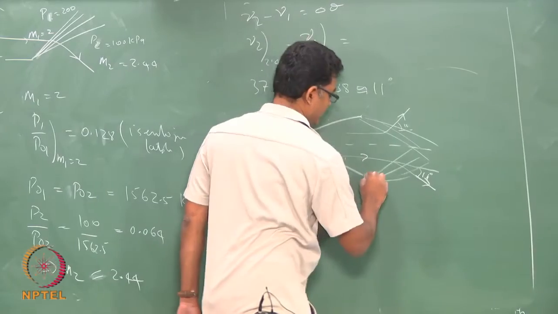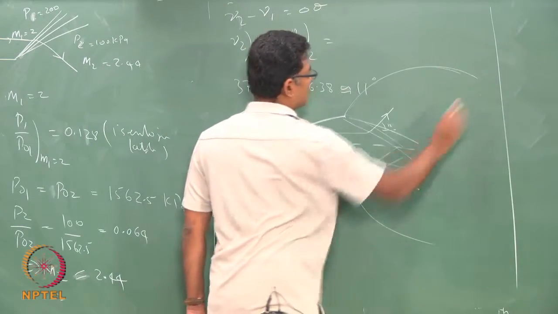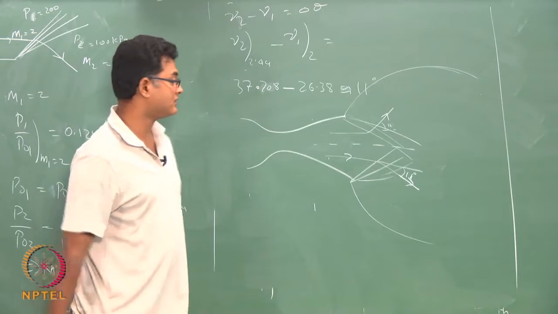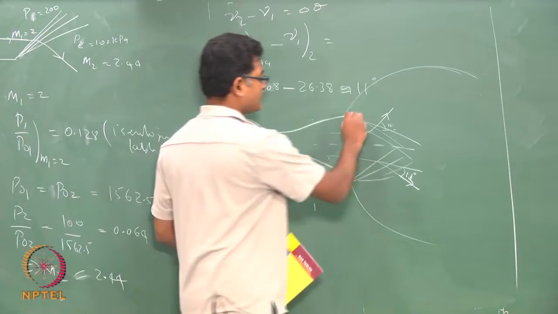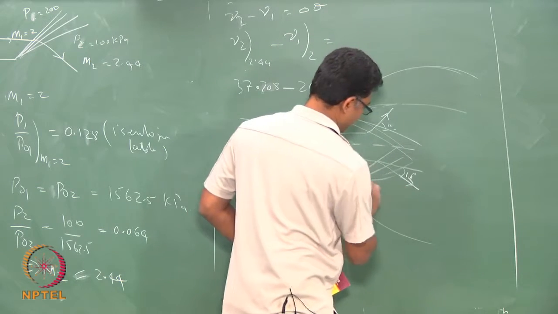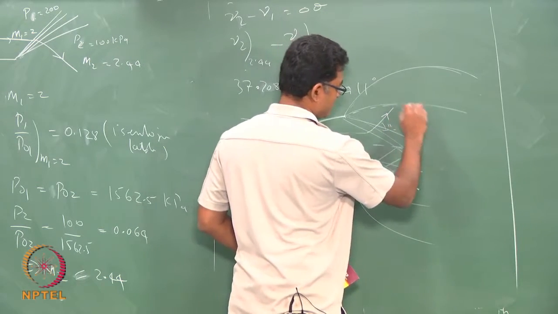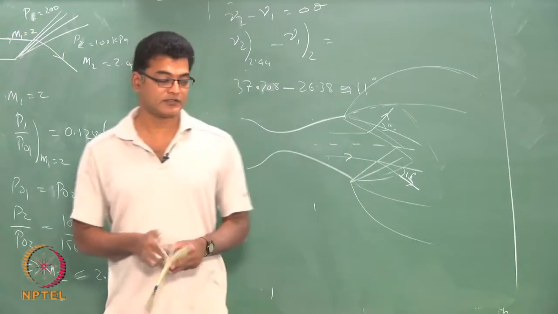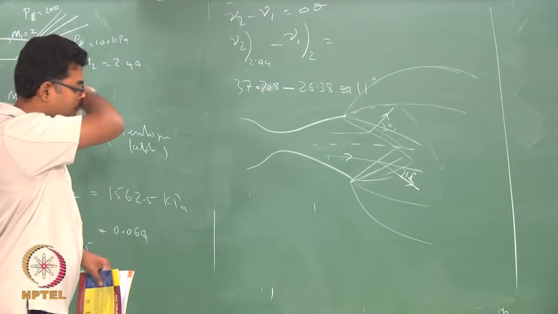That is one reason why most underexpanded jets have a jet width much larger than the nozzle diameter. Because of the periphery of the jet that is coming out, there will be a deflection from here and you will have a series of expansion fans and shocks. Okay.